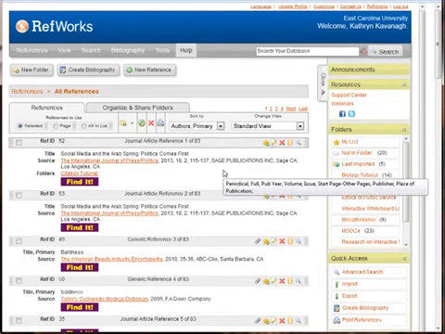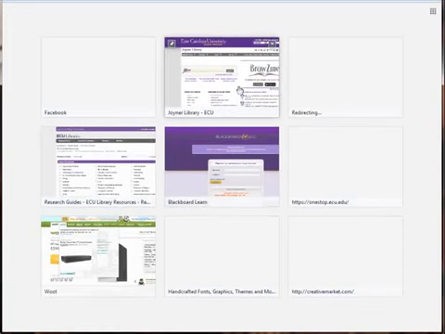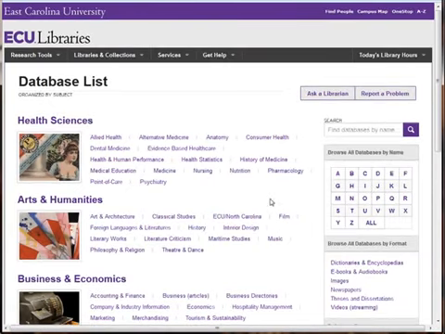I'm going to show you now, I'm going to open another tab and go into a database and do some searching. So now that we've done a little tour around the interface, what I'd like to do is show you how you would find some things and how it would work into a database. So if you click on Find Databases,